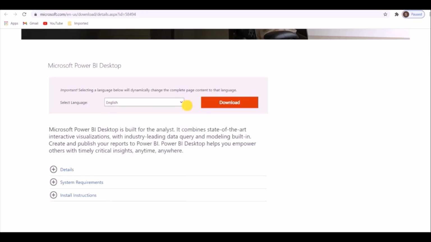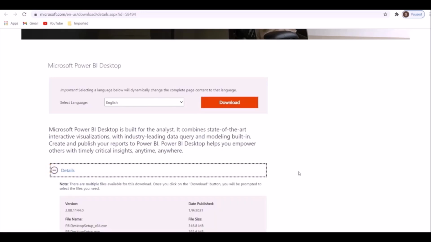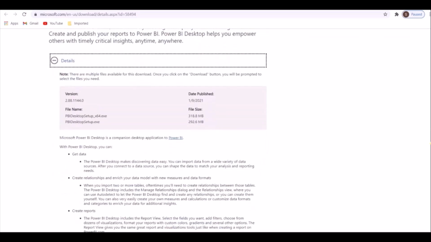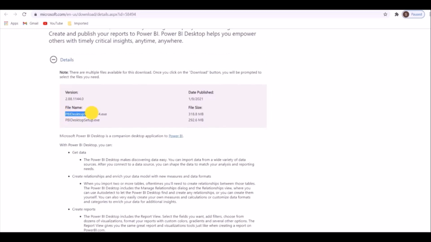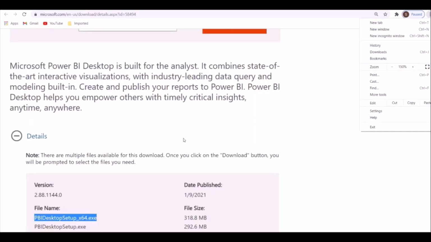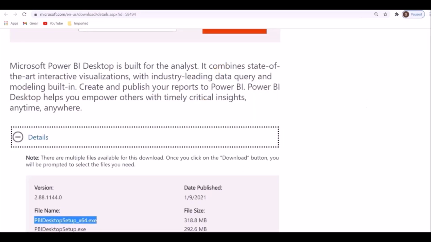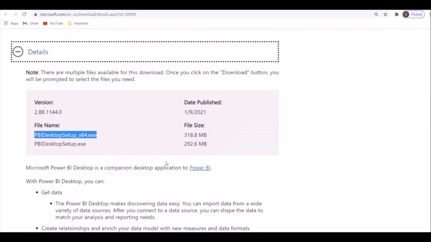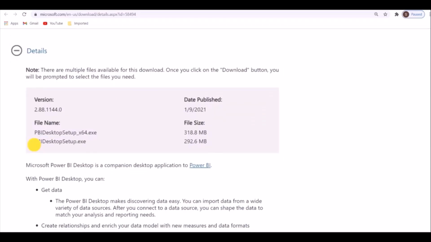This is the download button. But before that, we will check the system configuration and details also. This is the 64-bit version. Let me zoom it out for better visibility. This is the 32-bit version.